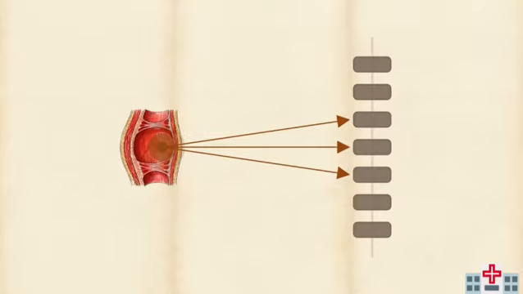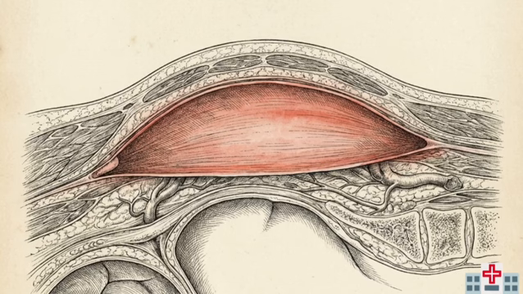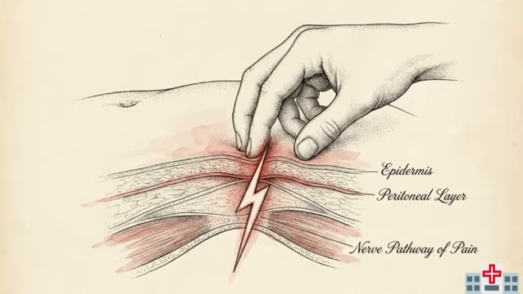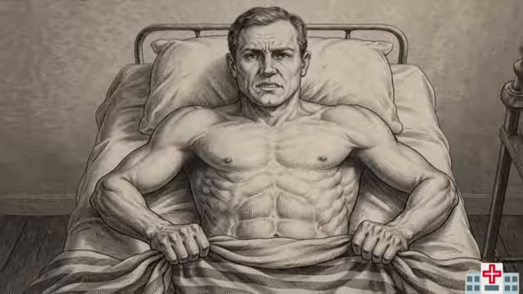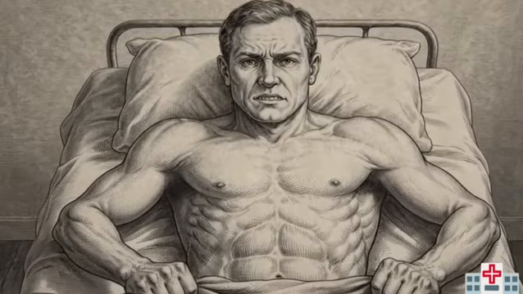Because of this somatic wiring, parietal pain is steady, aching, and intensely localized directly over the inflamed area. This somatic pain is driven by a sensitivity to tension. Any pressure, palpation, or sudden movement that stretches the inflamed peritoneum will sharply increase the patient's discomfort. At the bedside, this creates a classic presentation.